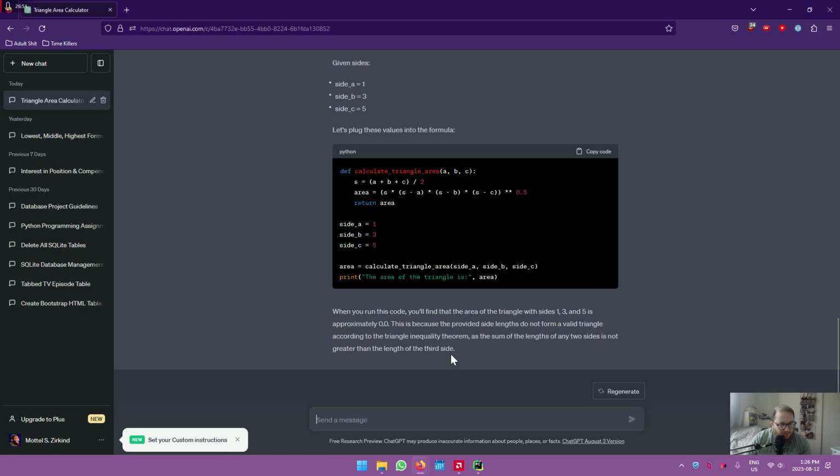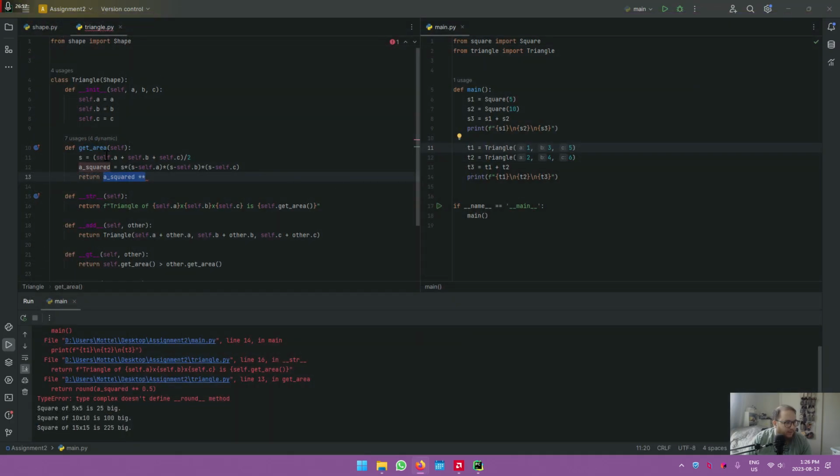They don't make a valid triangle. The sum of two lengths must be greater than the third length. That's why we're getting an error. I was doing something impossible, but I was expecting a valid result. That is the issue. So if instead of doing this, we do this, we keep to the rule, which is